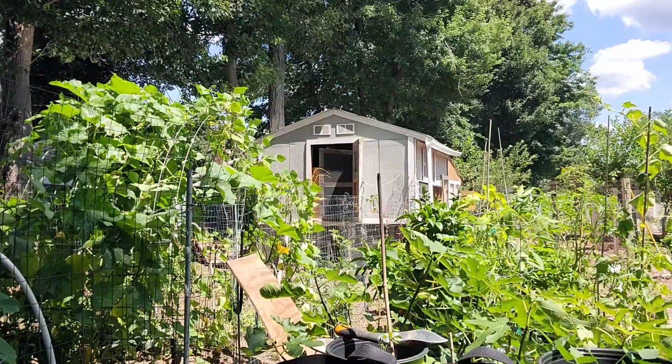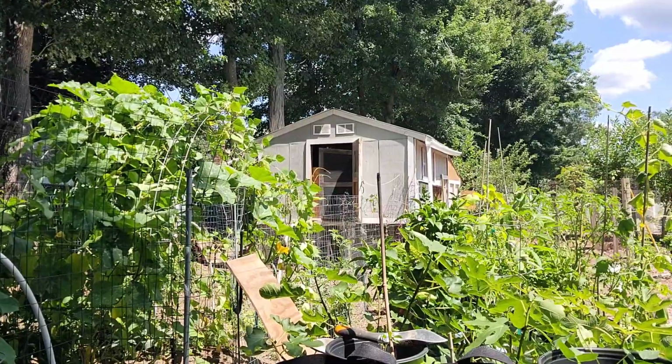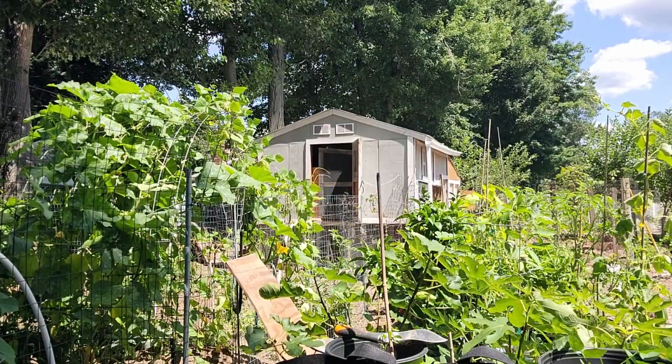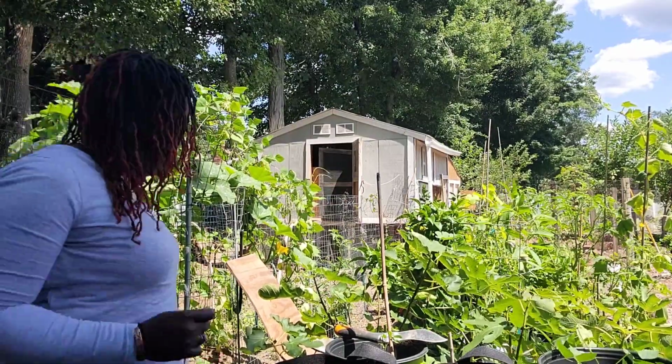Today I'm going to head out to my garden and harvest some beans. And these beans are Turkey Trail of Tears beans. And I grow beans not just because I like the taste and texture, but because it has a lot of health